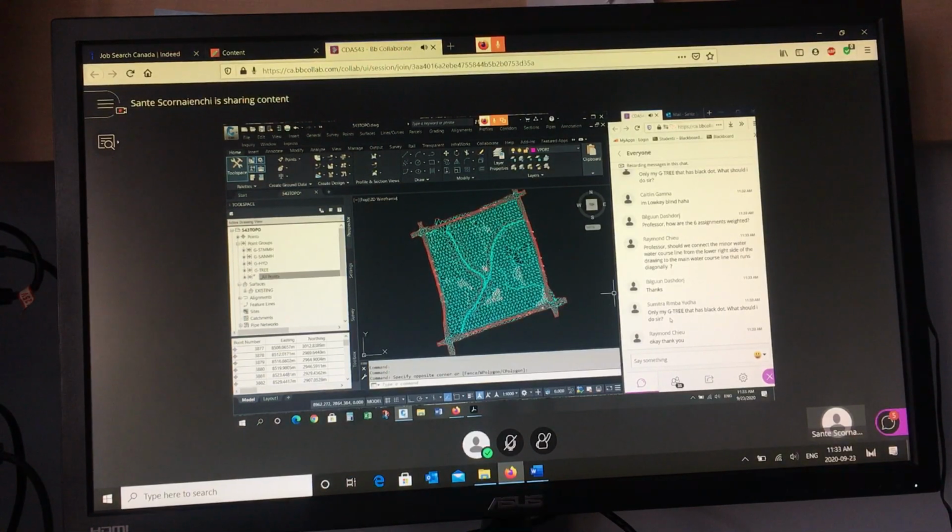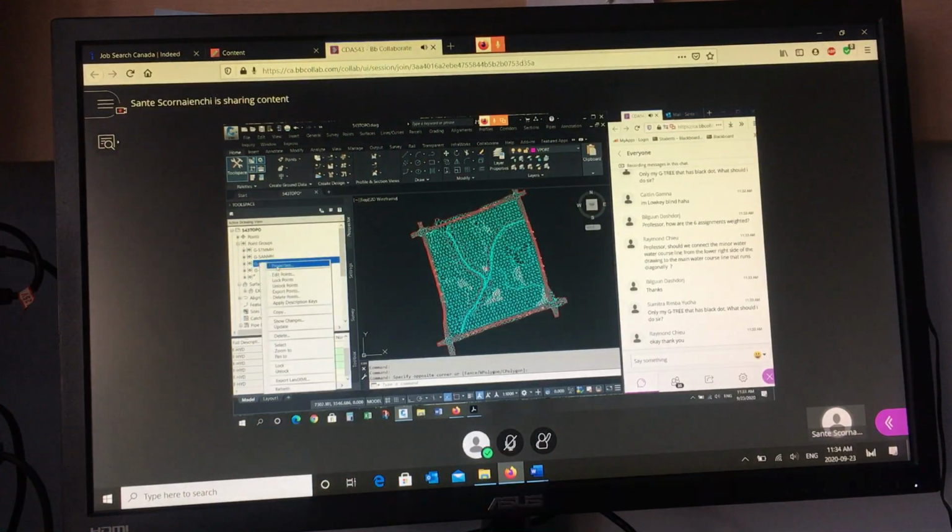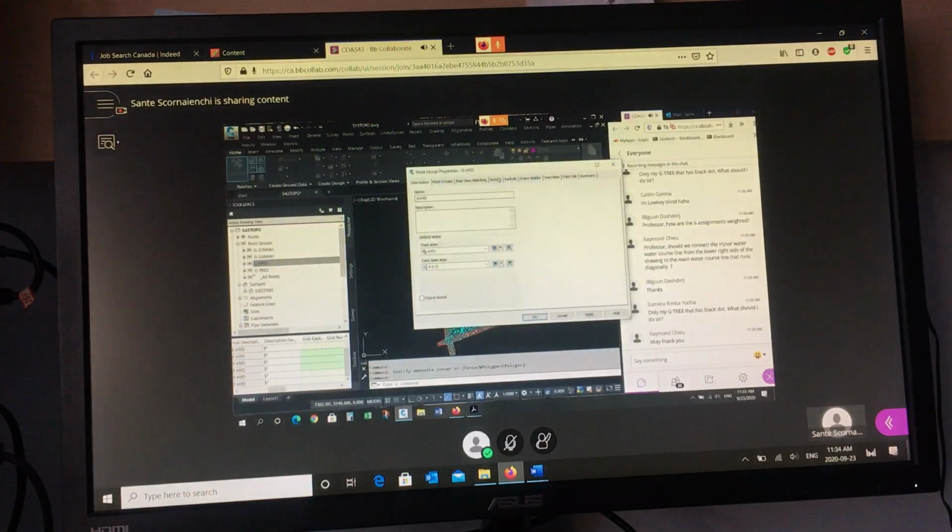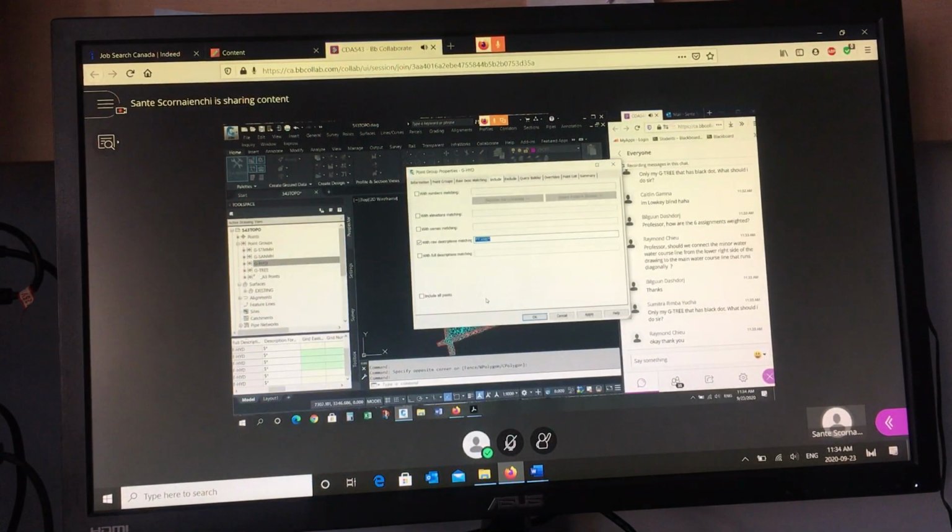Only my G tree that has a black dot. What should I do? Check the spelling of all the include tabs. Okay, so you can go into one of them, go into properties, go to the include tab and check this spelling. And be careful, if there's a space in there, even though you can't see it,